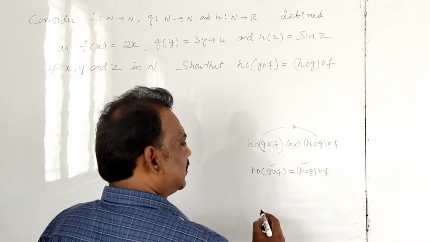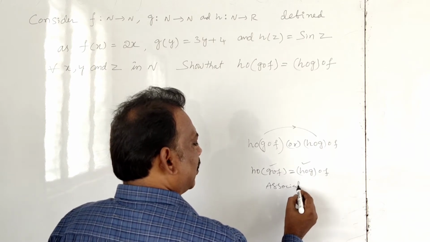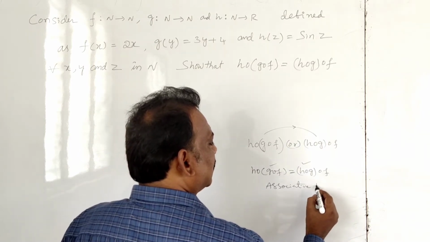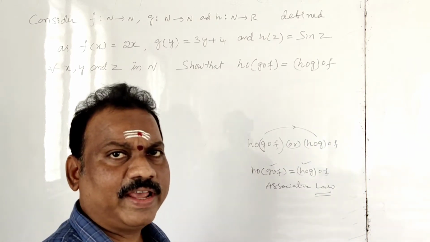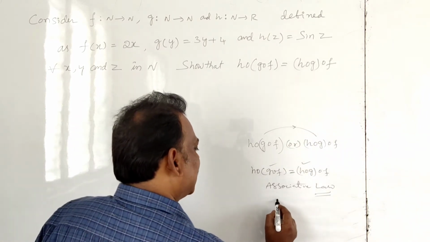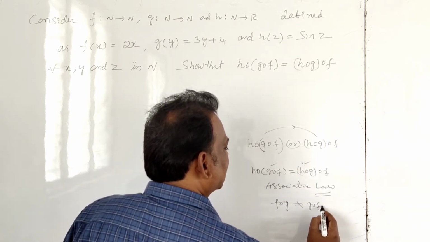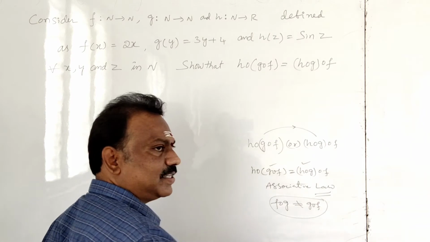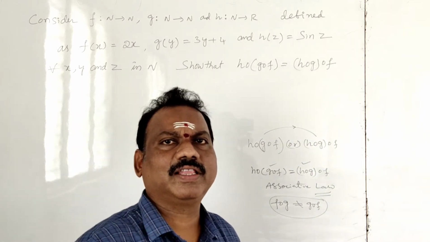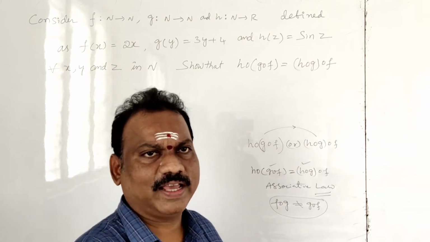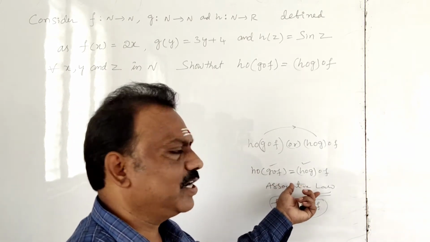This is for three functions. That's why functions obey the associative law. Remember students, the associative law exists, but the commutative law fails. That's why f circle g is not always equal to g circle f. In some peculiar cases it may be equal. But only if all cases are equal is the property satisfied. That's why we say commutative is not satisfied, associative is satisfied.